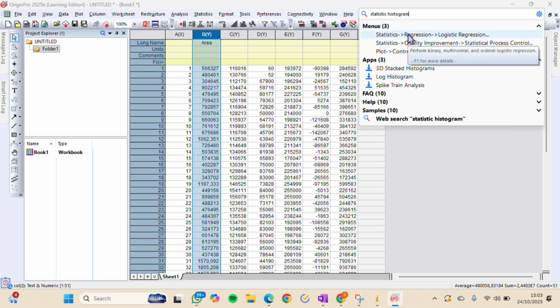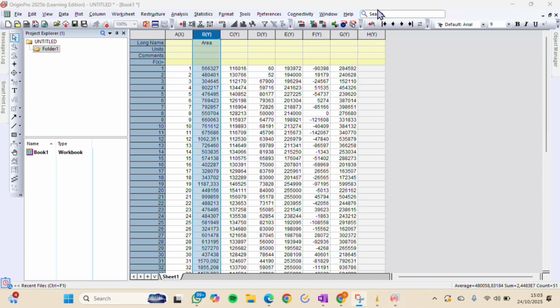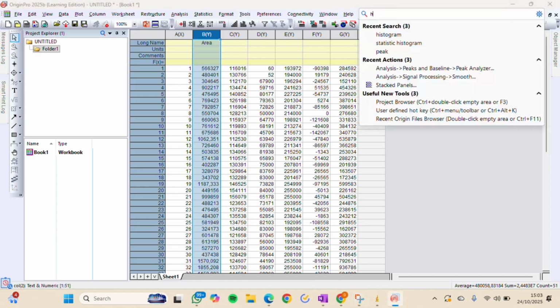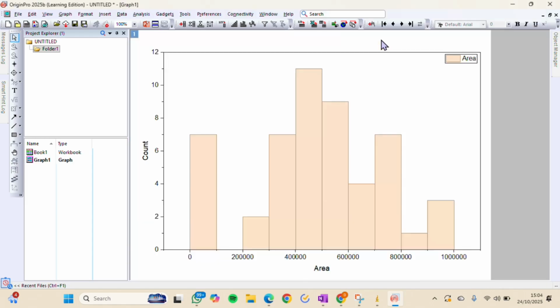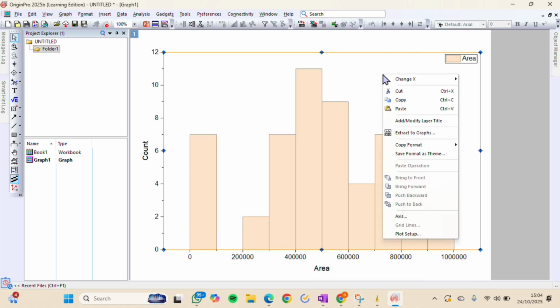Okay, we can search in the search bar and click the histogram plot. Then we get the histogram graph. Then we right-click on the histogram and choose go to bin worksheet.